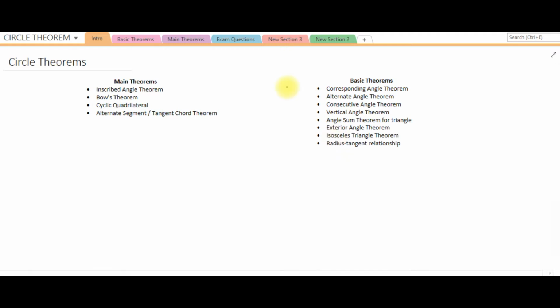So we need to be good at this. It will help us to solve questions using the main theorems. So let's revise. Let's go over to the basic theorems. So the first,